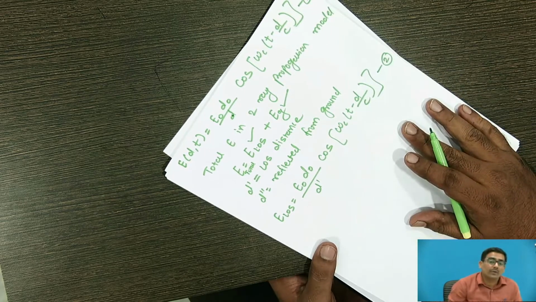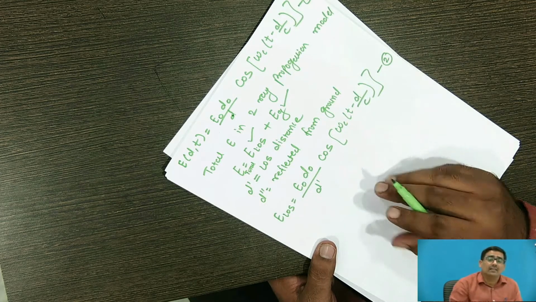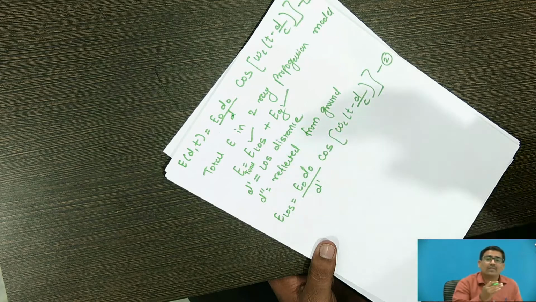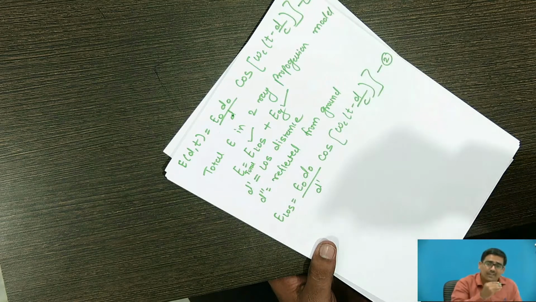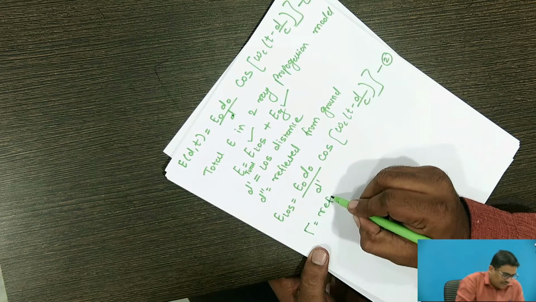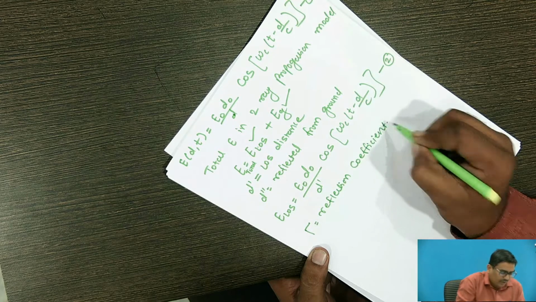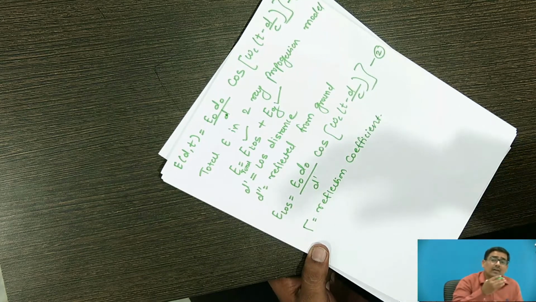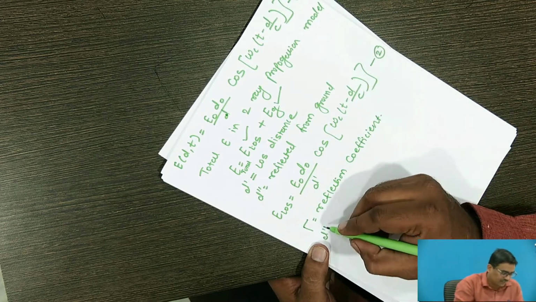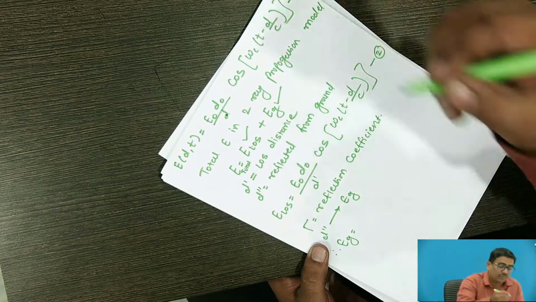Now I want to calculate the equation for E_G. For the calculation of E_G, remember my friends, the signal we get at the receiver side is reflected from the ground. So whenever it is reflected from the ground, we assume the reflection coefficient, that is tau, the reflection coefficient tau. And the distance when it is reflected from the ground is d''. So the equation of E_G becomes, from equation number 1,